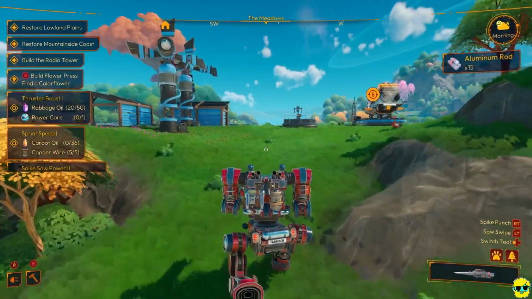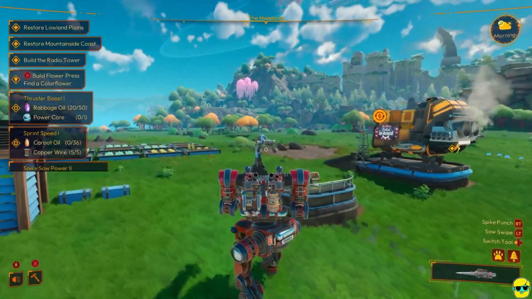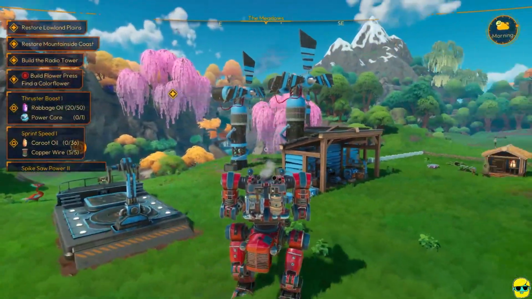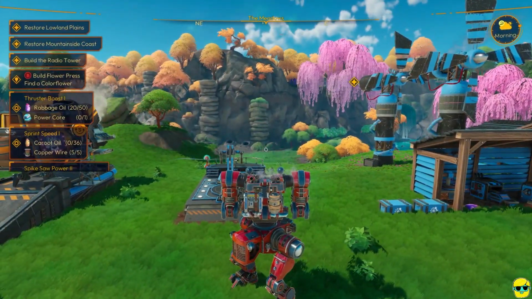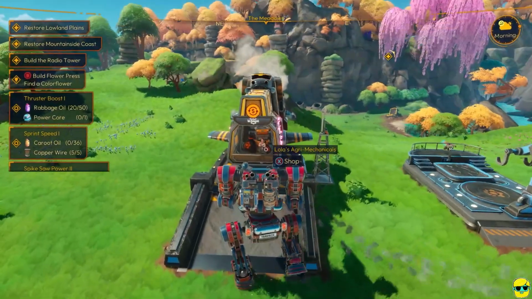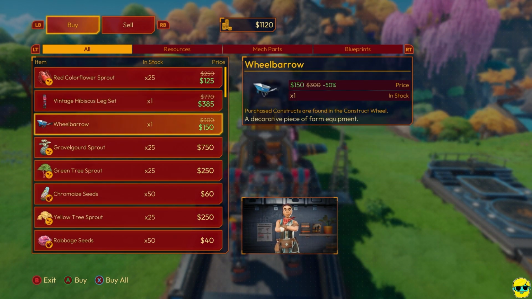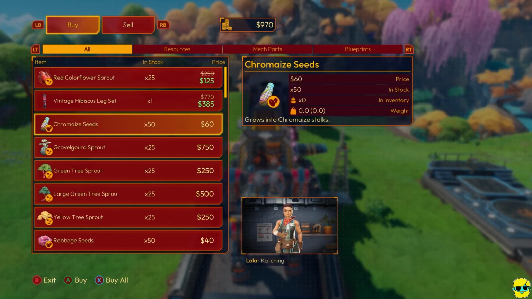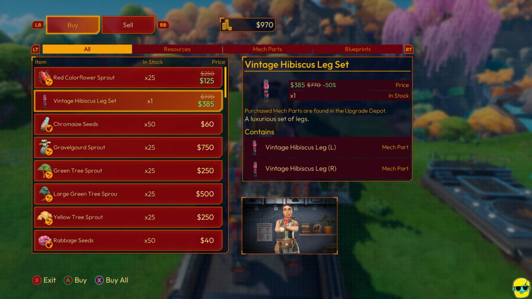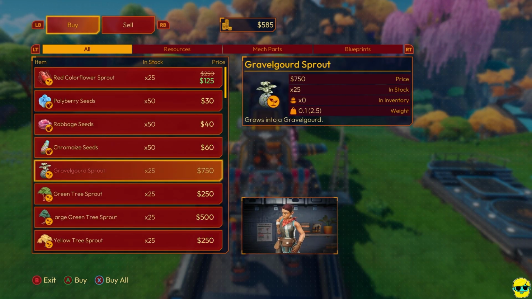Okay. So yeah, let's go talk to the merchant. How you doing? Come on up and take a look. So she's selling this wheelbarrow for cheap. Buy it. The hibiscus leg set, which is hilarious. Sure. So,